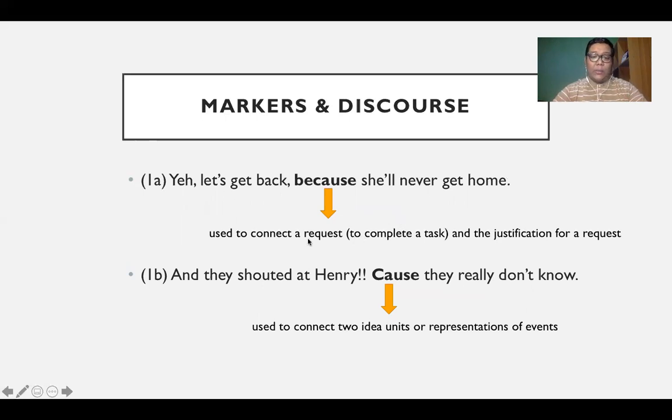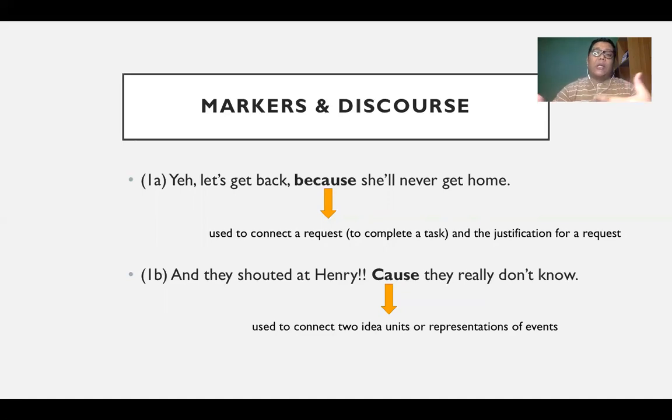In this sentence, we can understand that the word because was used to connect a request to complete a task and the justification for a request. Whereas in the other one, "and they shouted at Henry because they really don't know," it is clearly established that the use of 'cause, which is a shortened version of the word because, is to connect two idea units or representations of events. So here, we can clearly distinguish a word which functions as a conjunction and a word which functions as a